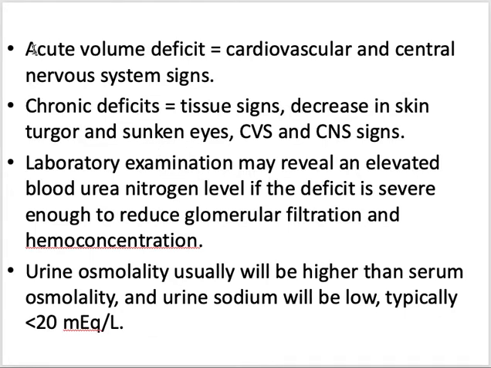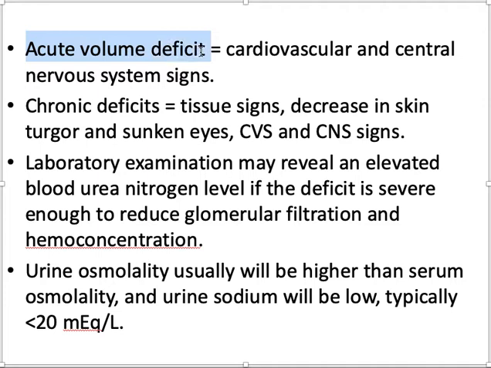And if some patient has acute volume deficit, like they lose volume very quickly, the signs which they will develop are cardiovascular and central nervous system signs. And anyone who is chronically losing water or going into chronic deficit will give tissue signs, their skin turgor will be reduced, they will have sunken eyes. Okay. And of course, we go for the labs and we check the osmolality of the urine and of the blood to see what's going on. So,